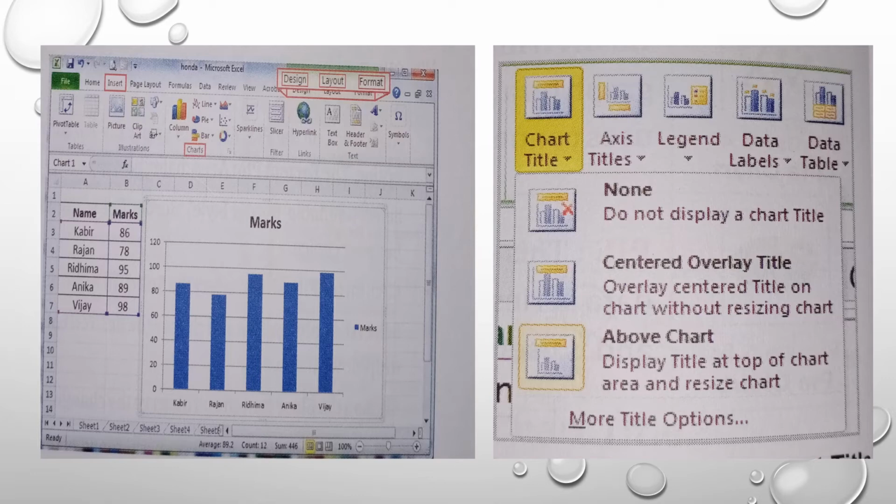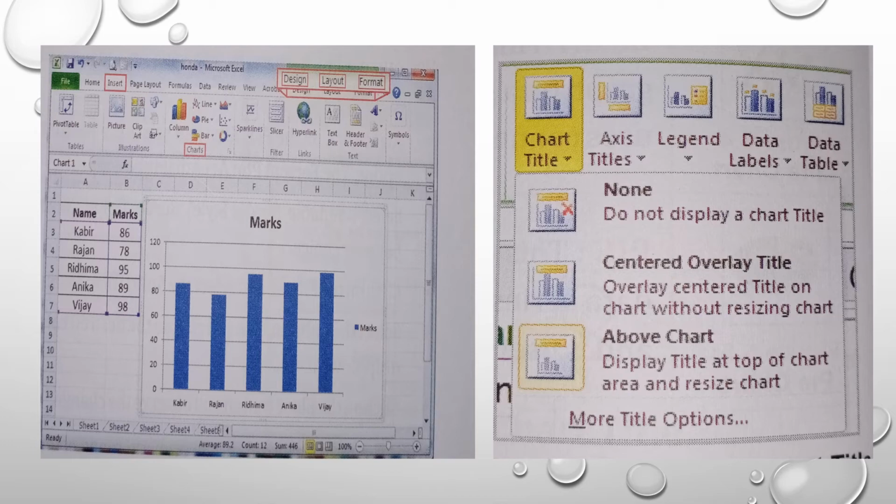Observe the change. All the titles, data labels and other details mentioned in the selected data range will be displayed in the chart. To change the data range of your chart, right-click on the chart and click Select Data from the shortcut menu. The Select Data Source dialog box appears. Click OK after making the desired changes.